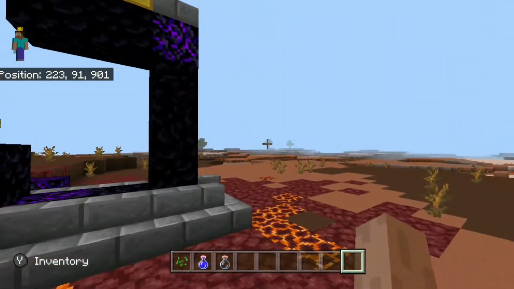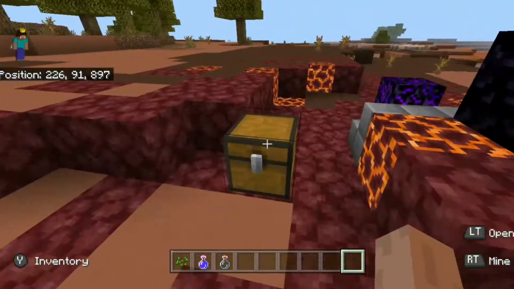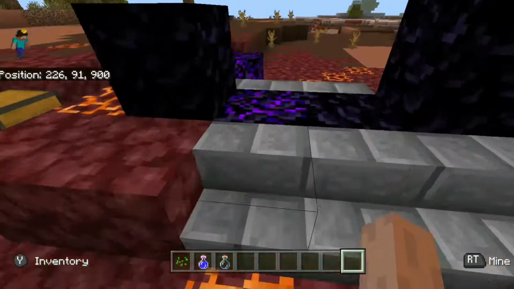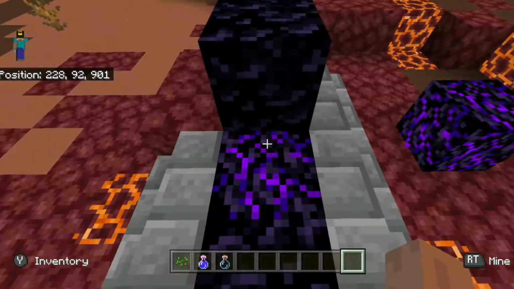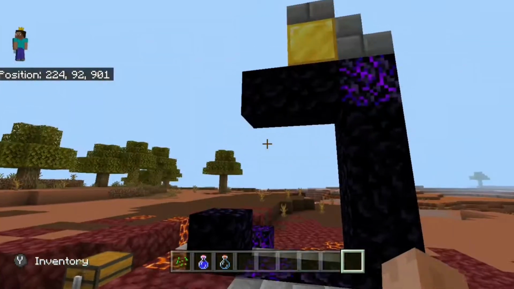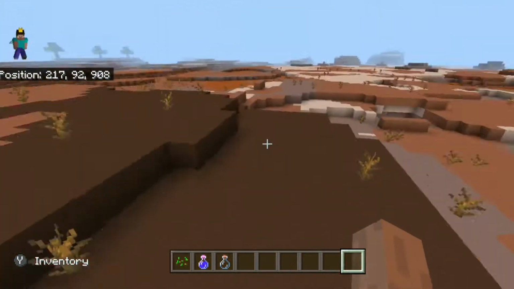This is more the gold seed than the mining seed because of all this gold. But yeah, you get your gold, you get your free stuff, and you get a nearly finished portal. If that one crying obsidian wasn't there, this would be a perfect portal. But that's not all that's here, because if we head to